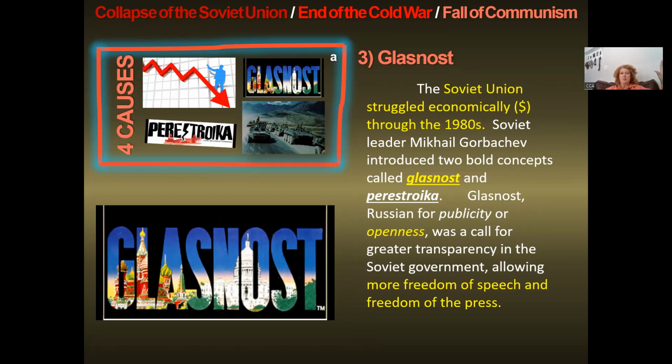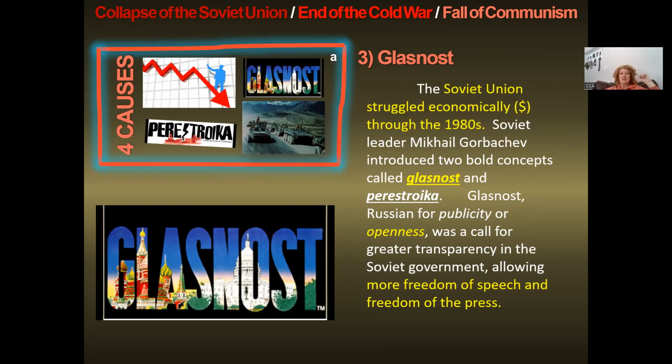These are very bold. And I will tell you, by the end of Mikhail Gorbachev's career, he apparently got sick and just disappeared off of the political stage. But for a time, he really took over